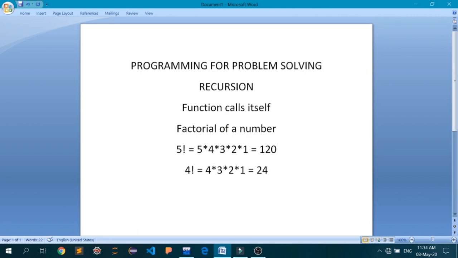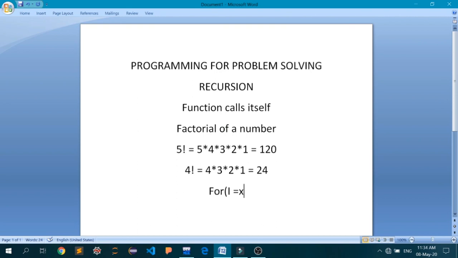Now, for implementing this without the idea of recursion, we can initialize a for loop, with a variable called I already declared. I will be equal to x, the number whose factorial you have to find.